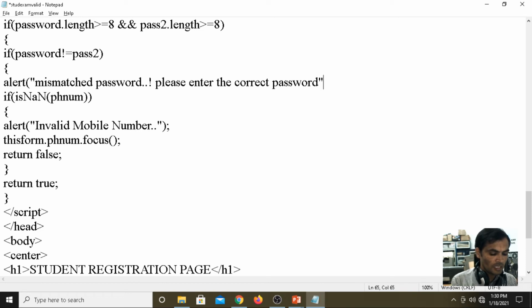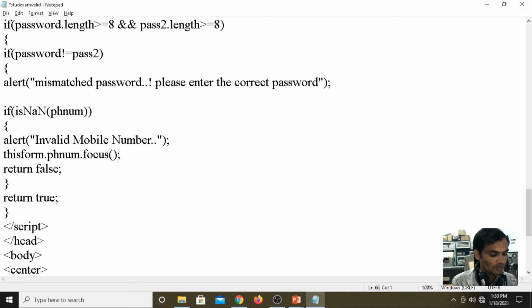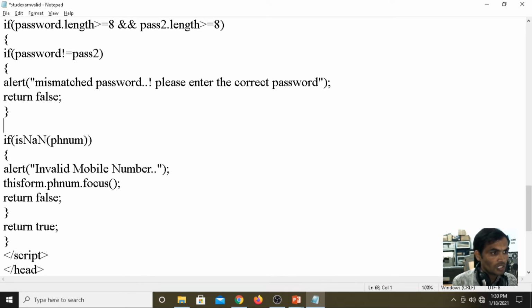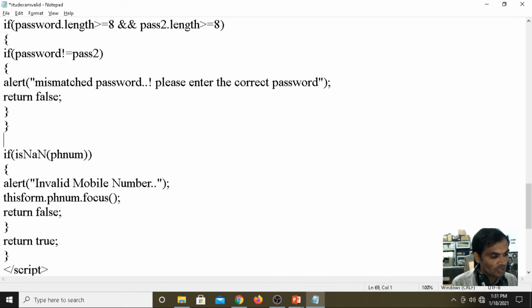Please enter the correct password. Then return false. Closing your inner if, closing your outer if.